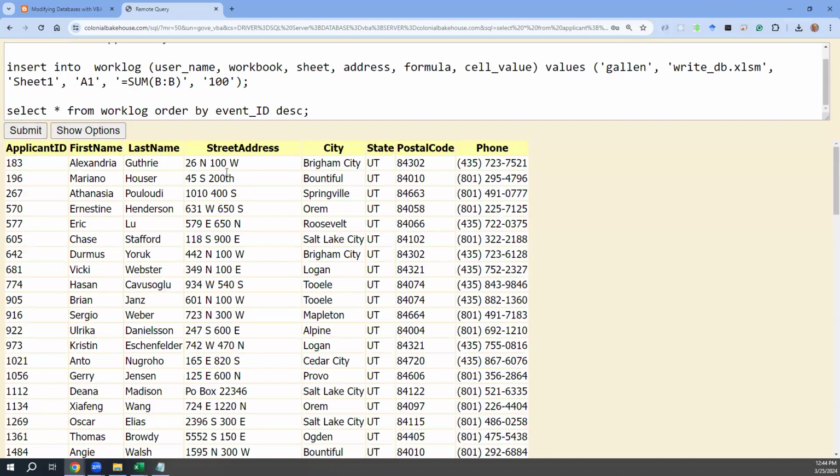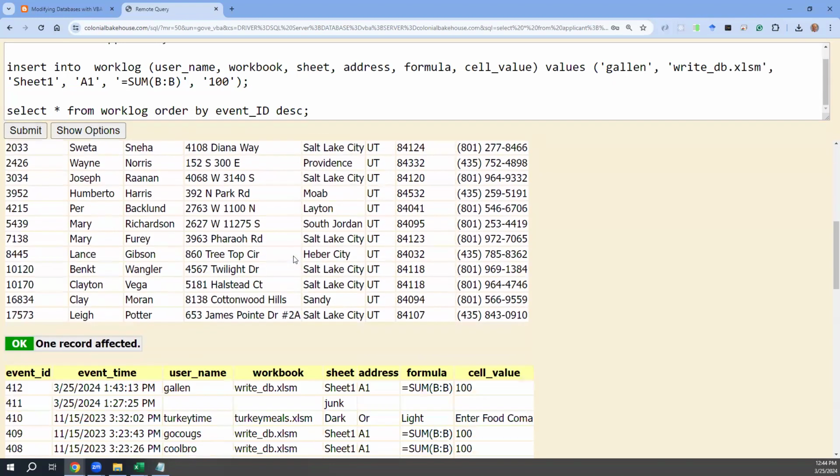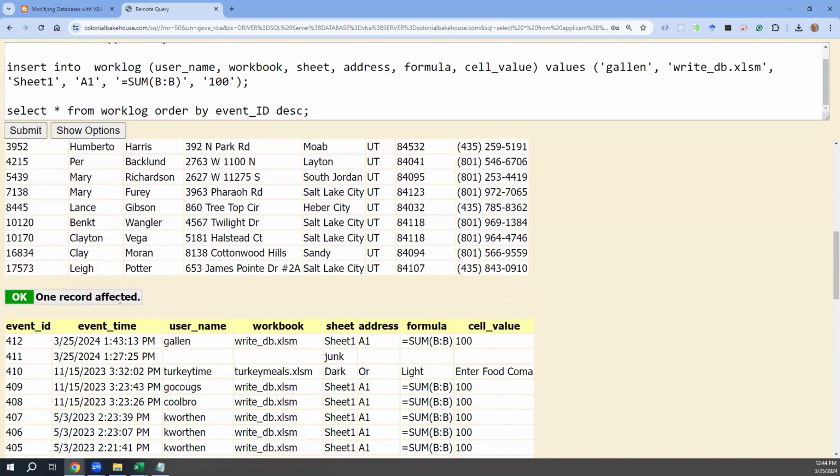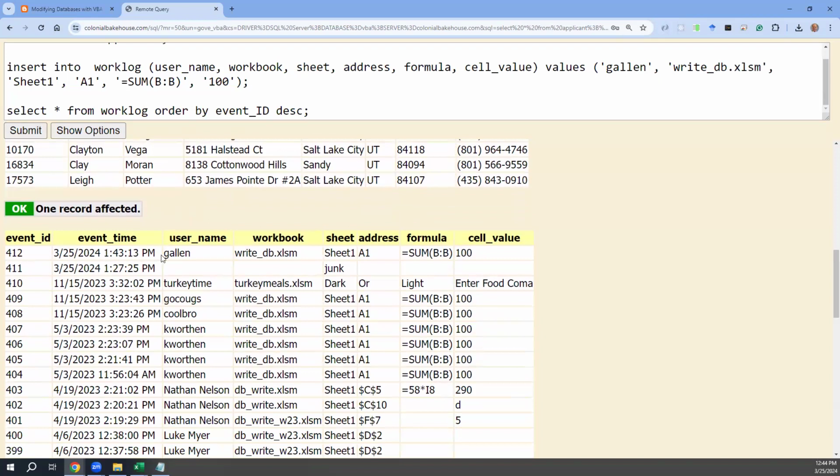Here's the results of the first query. It's showing me all of my applicants. Here's the results from that second query, just telling me that it succeeded. And then now we can see here's the one that I just executed with my username as the username. Looks like one other person beat me to it. Oh, that was me before class, just making sure this example still worked. But if someone else has executed this, if I were to